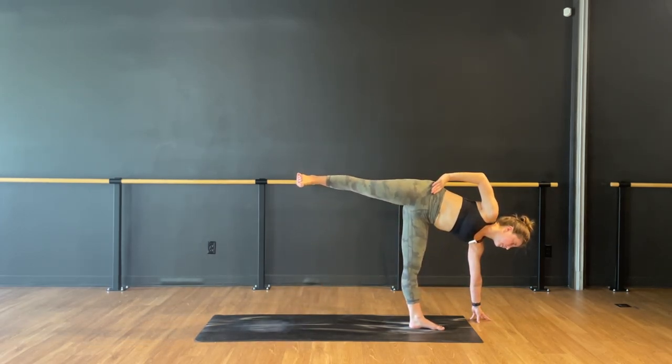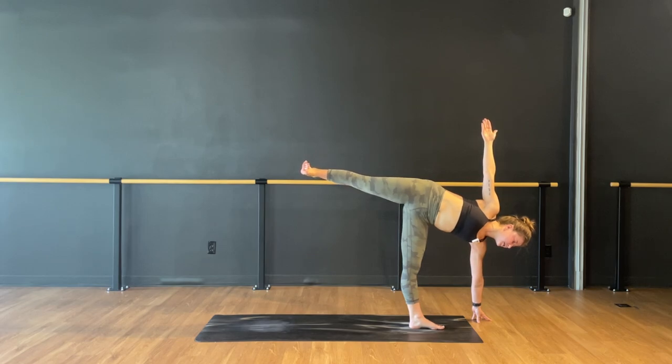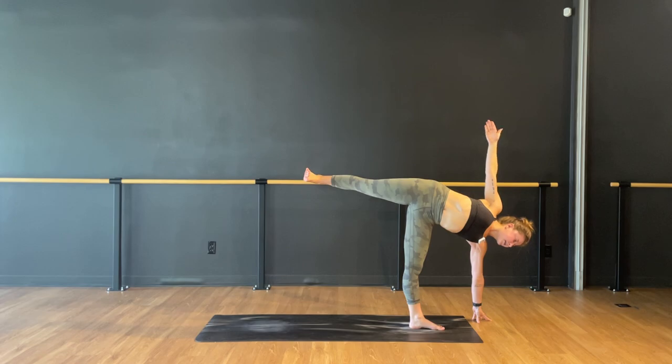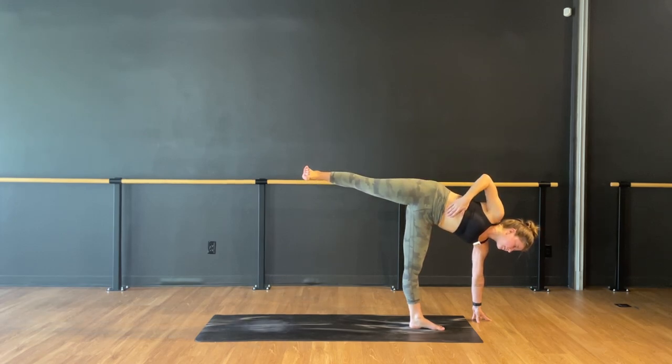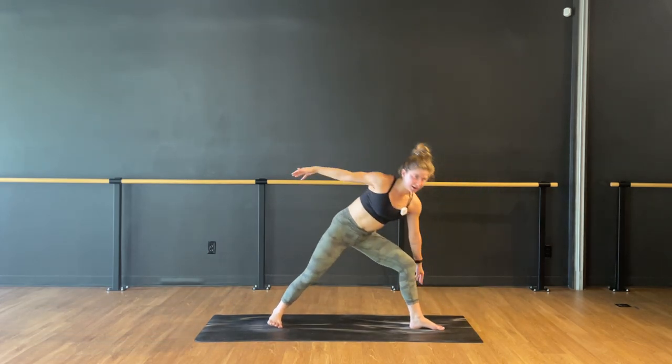Flex your right foot. Gaze down easier, gaze up harder. Squeeze both legs. Feel your butt cheeks squeeze together to externally rotate your hips. Easy to arch the back here, so try to tuck those ribs in. Big inhale. Exhale, start to bend your left knee, take a long step back, and we'll go all the way